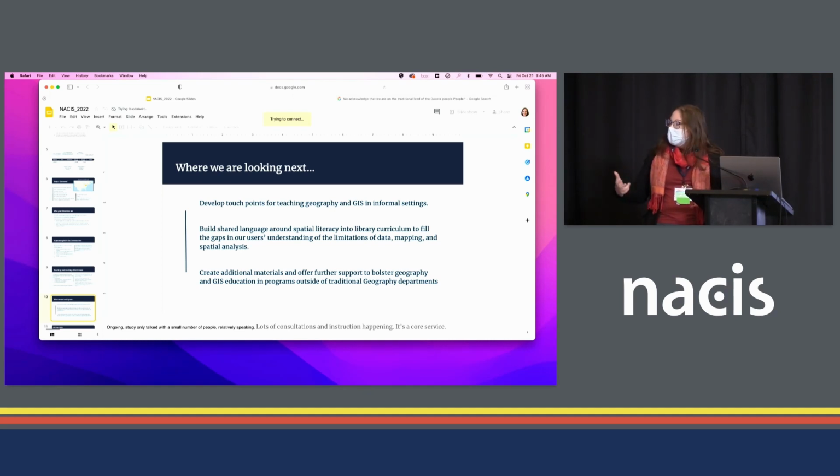Indeed, we need to be able to meet more frequently as a community, to be able to share our knowledge about what our students are asking when it comes to geography, and what questions they're being asked by their departments as well, in terms of defining what skill training they need. In addition, we're also looking to have shared touch points for what skills our students need to be able to not only meet success in geography classes, but, like at CMU where we have no geography department, what touch points they need to be able to meet with different certifications that exist.